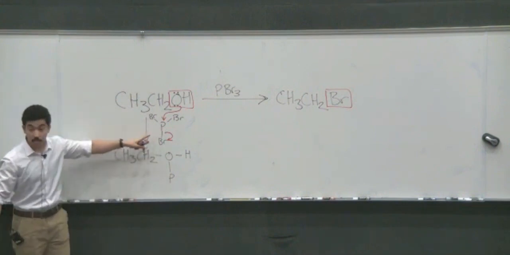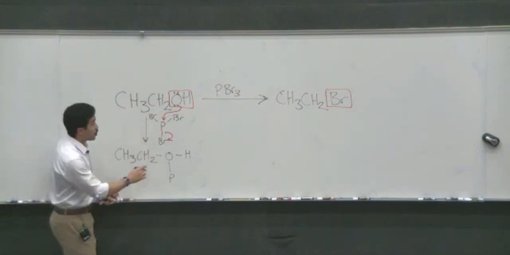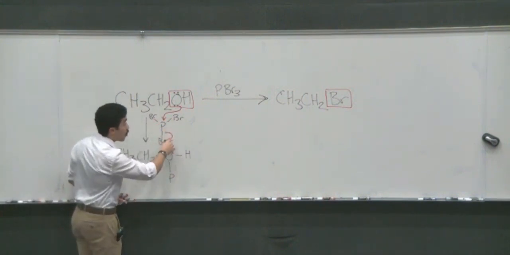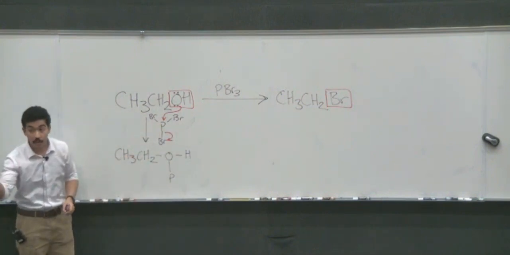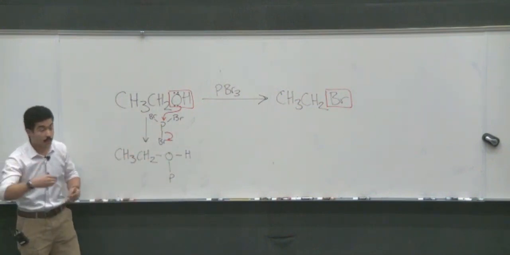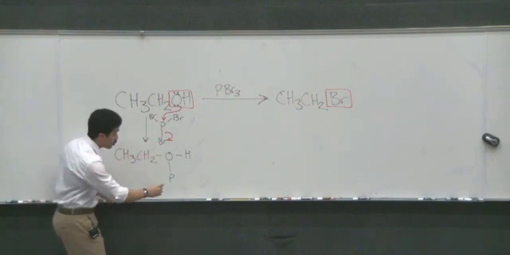We kicked out a Br. Perfect. So that means our PBr, what? It's going to be PBr2 or 3? 2. It's because we just kicked out one of these atoms. So let's do that. PBr,